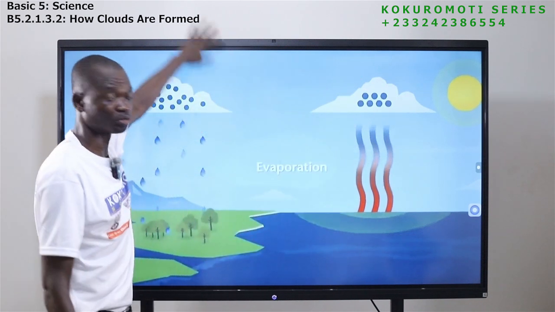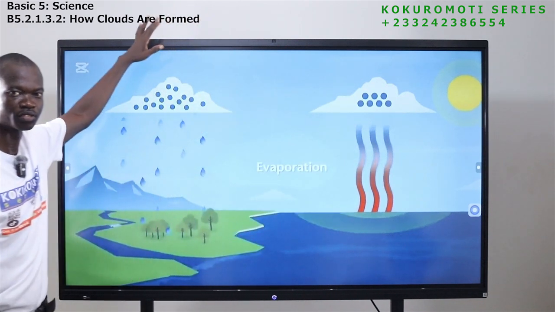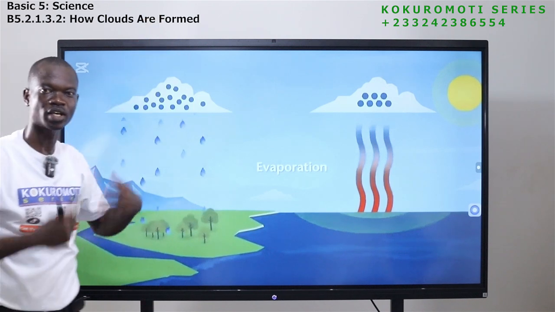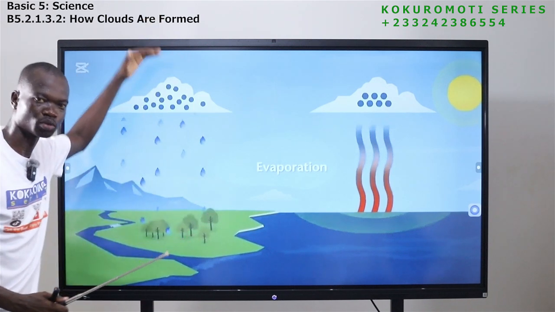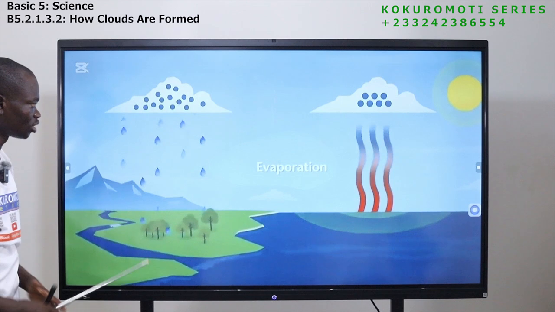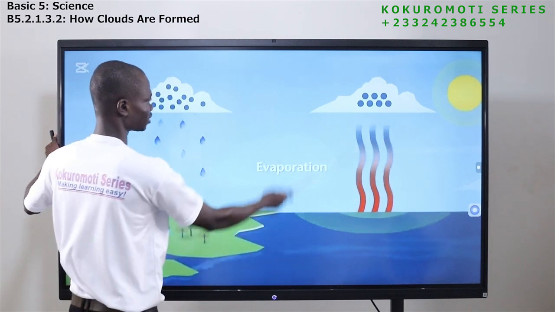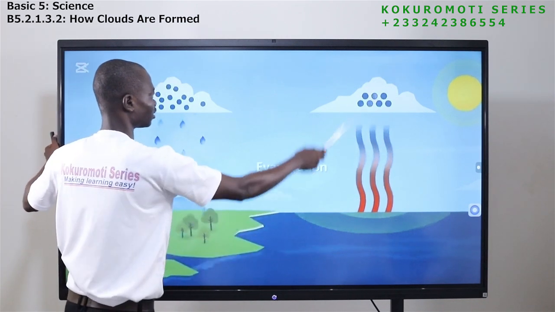A lot of clouds will be formed in the atmosphere. The one that becomes so heavy, the water in it will what? Come down as rain. So you can see that evaporation is still taking place here, and the condensation too is